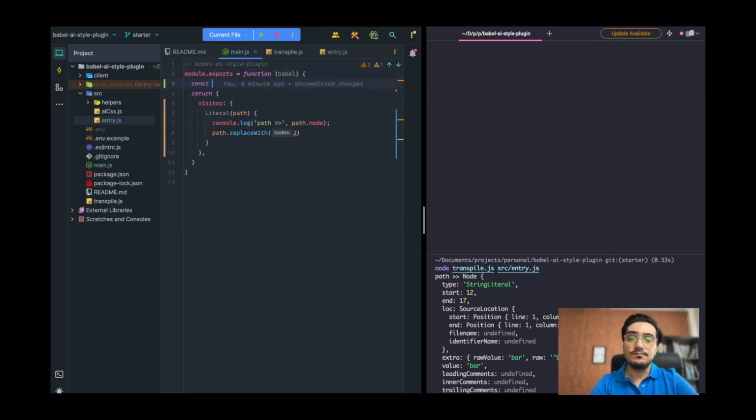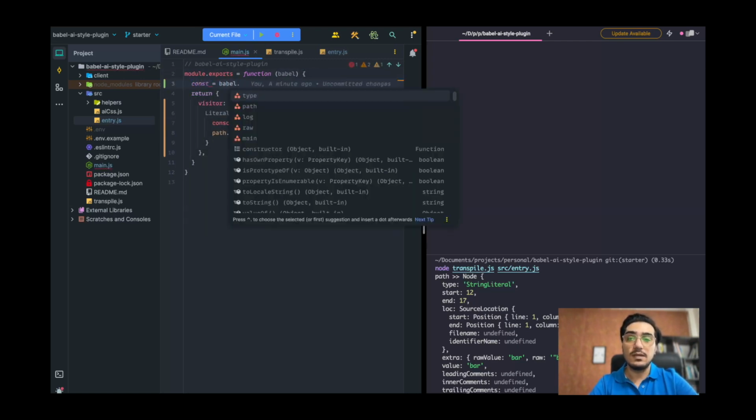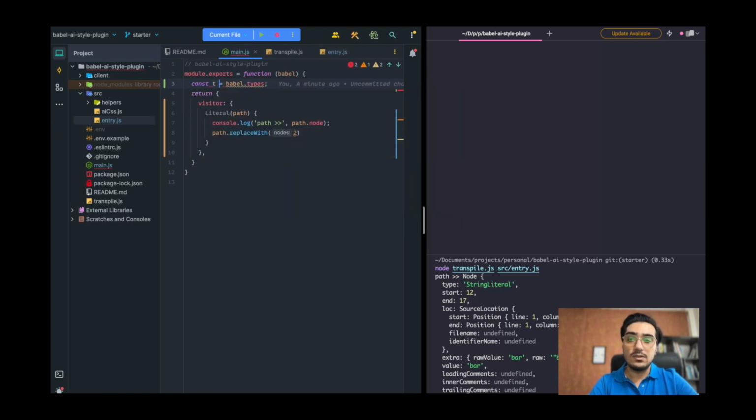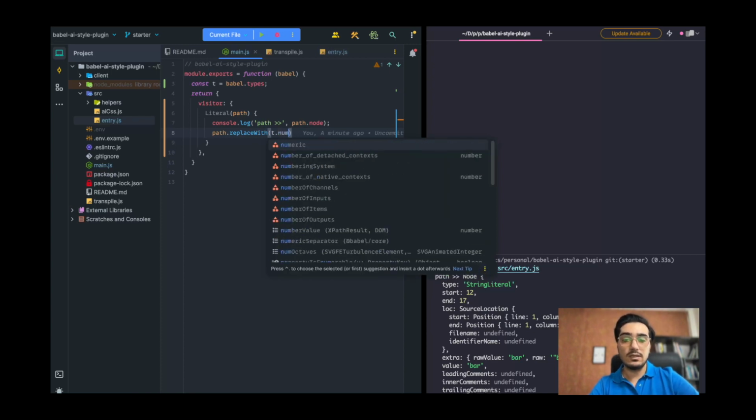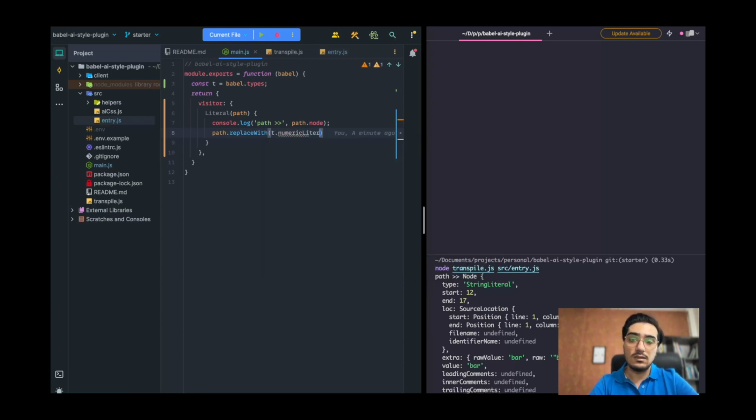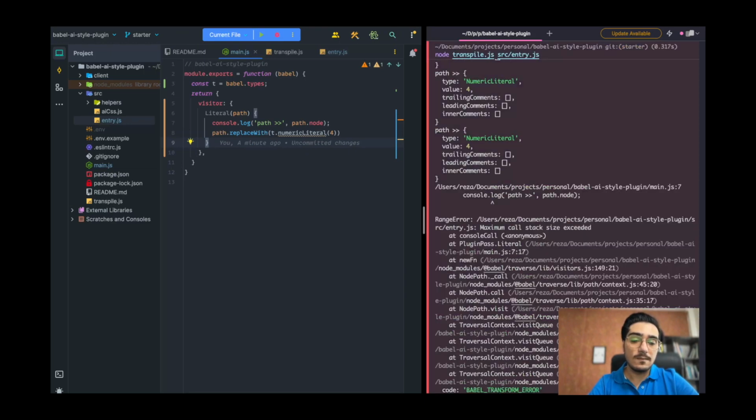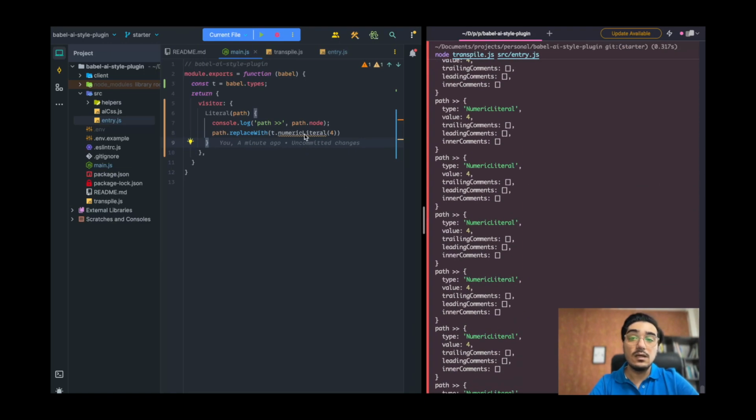You can use Babel types from here. So I'm gonna use that from Babel. It's another module that Babel core includes, so you can use utilities and everything that's inside the Babel types. And here I'm gonna use numericLiteral and put any number here. So if I run it again, and yeah, okay,